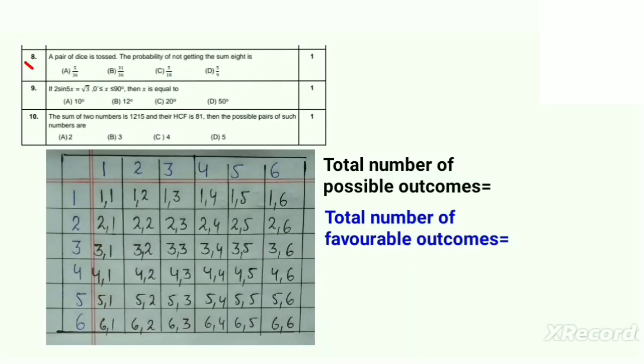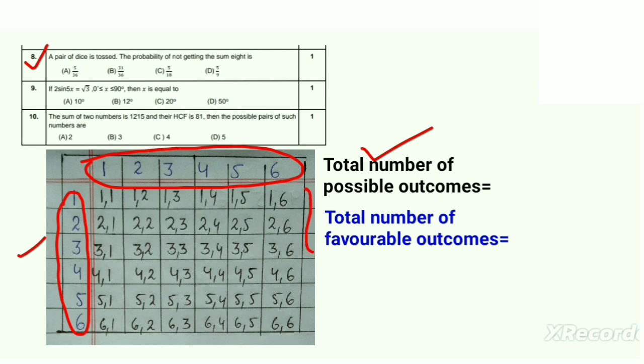Question number 8. A pair of dice is tossed. The probability of not getting the sum 8 is. Okay, students, here, firstly, we should know the total number of possible outcomes, right? And for that, I have already prepared a table over here. And as we know, a dice has 6 digits, right? And if two dice are tossed, then